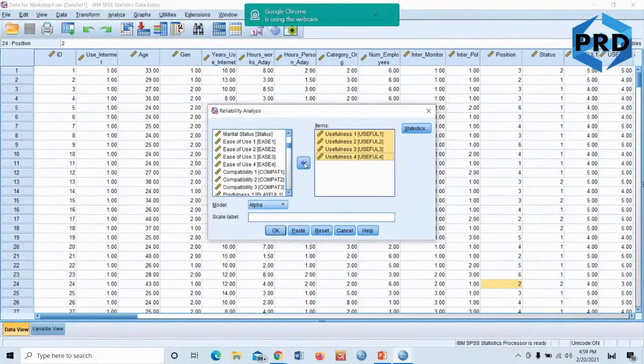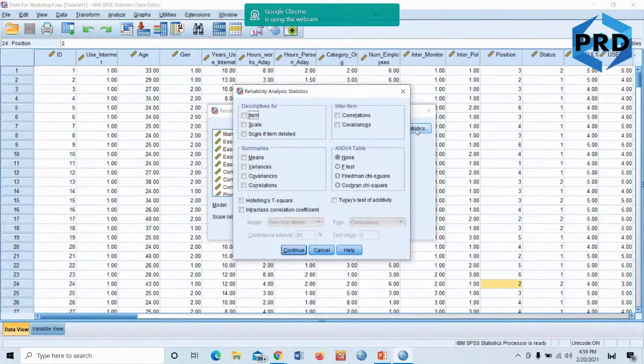Can you do it, please? So I highlighted usefulness, 4 items, and put them inside the box. Okay, after that I click on statistics. Please click on statistics. I will cancel and run it one more time so that you can follow me.